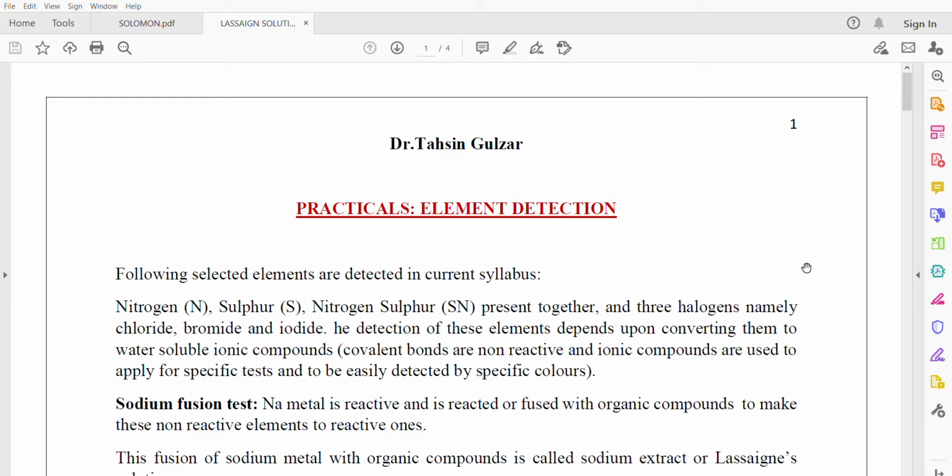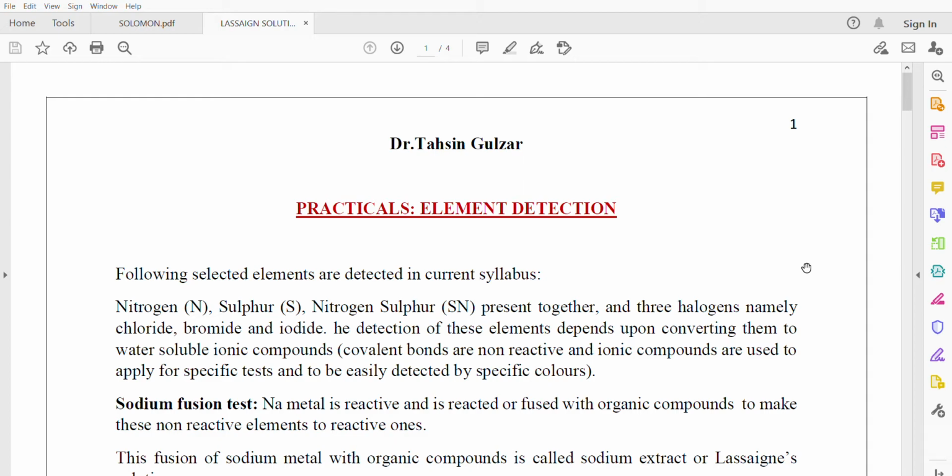I have told you in detail about element detection, how many elements you have to detect during this coursework, and then the following: functional group detection and derivative formation for confirmatory tests, and then how to report your result